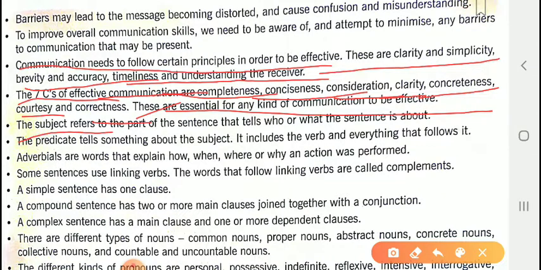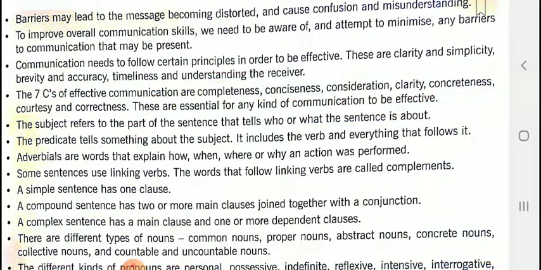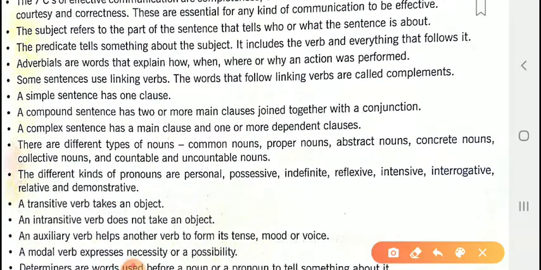The subject and predicate parts of sentences are given, along with complex, compound and simple sentences. We have to understand all these things. What are parts of speech, we have already done in the chapter. So I hope you all have understood my thoughts and my class of this chapter unit.